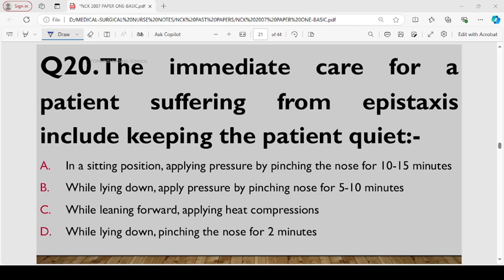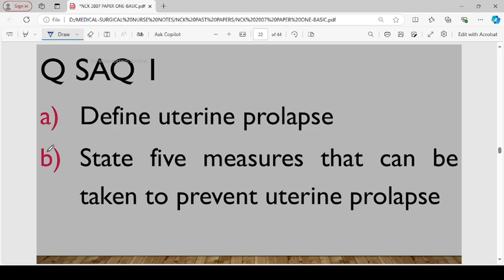Option B, that is lying, all right, but this is incorrect. Sitting position is what we have said is more effective, right? So that is option A being the best one here. Now this takes us to this